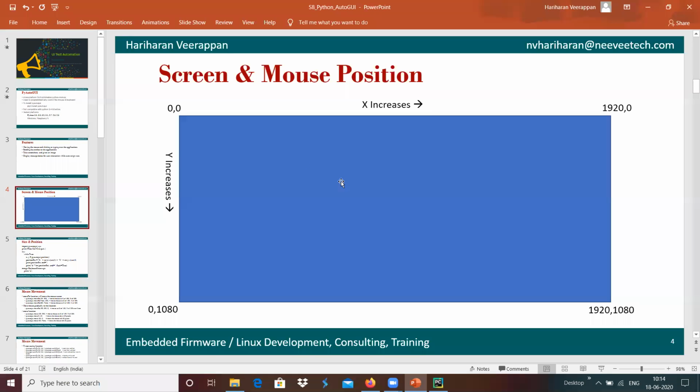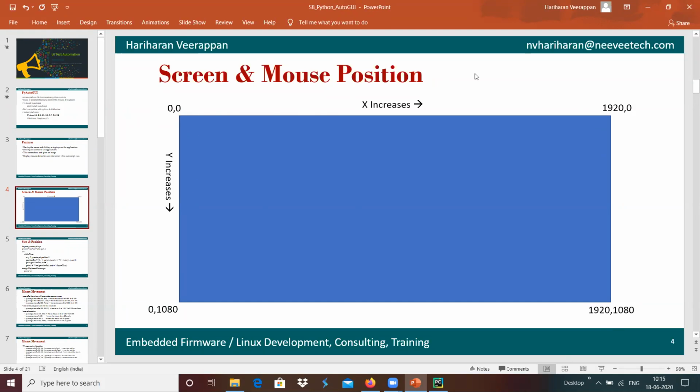If we place the mouse somewhere in the center of the screen, it can be 960 cross 540. This is the screen and mouse position: we have top left, top right, bottom left, and bottom right, and their respective x and y positions.